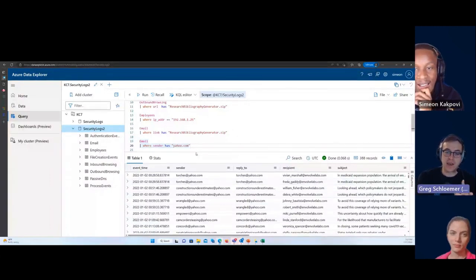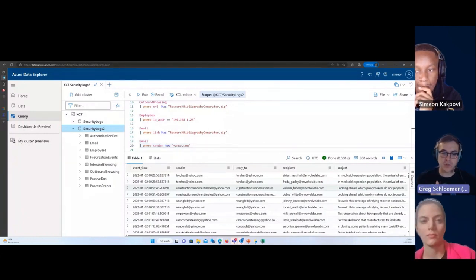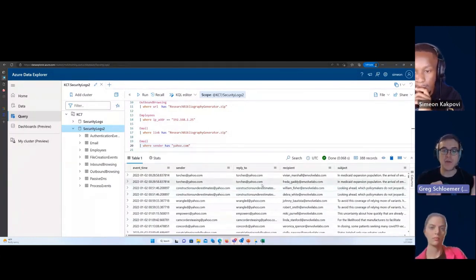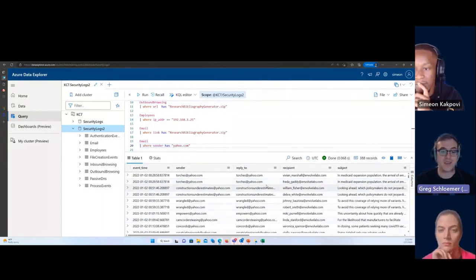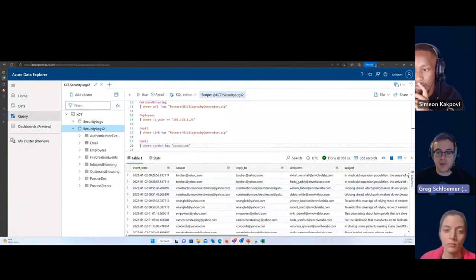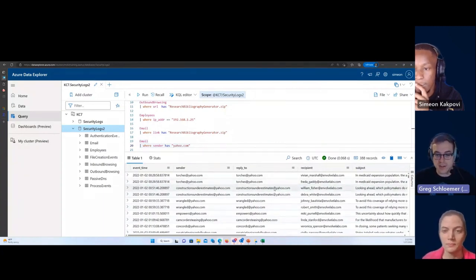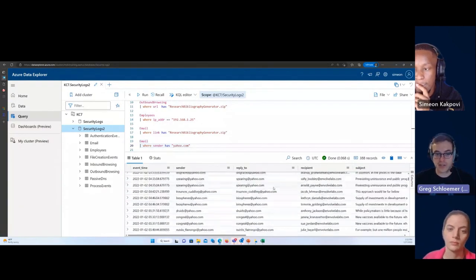So to recap, what Simeon has done, we had the bad file name. We found it in email, and we saw that whoever sent this bad file name, they were using a Yahoo email account. So Simeon made the hypothesis that our actor is using Yahoo accounts. And so he's looking for all the Yahoo emails sent to our organization. So is this a good pivot? Will this help us find more actor activity? Or is this a bad pivot that's going to show us some unrelated stuff?